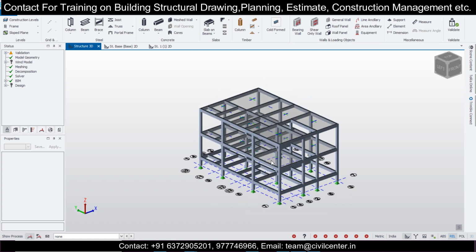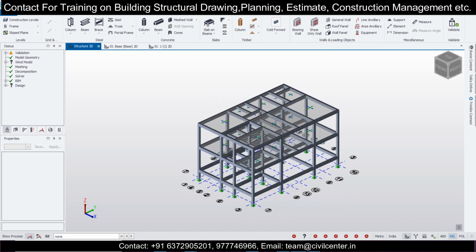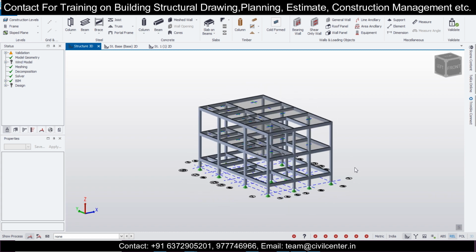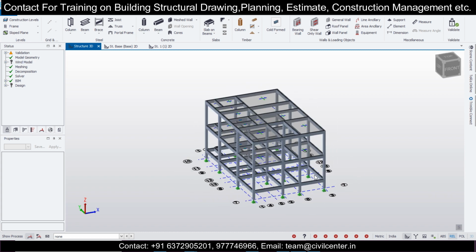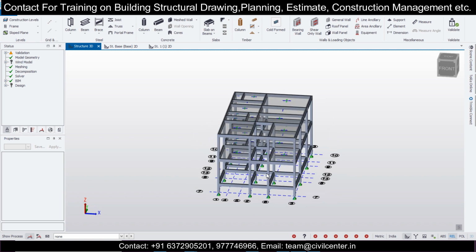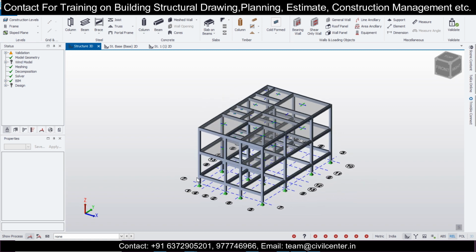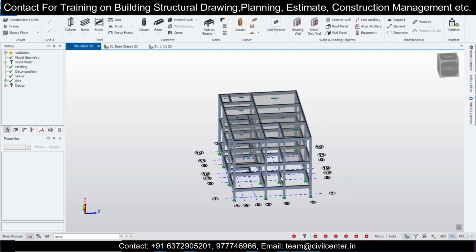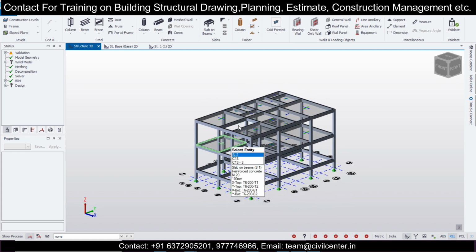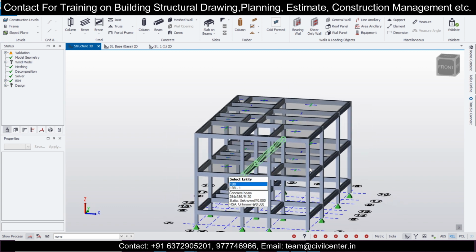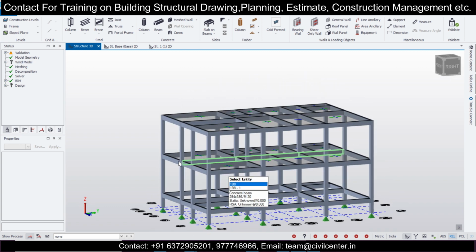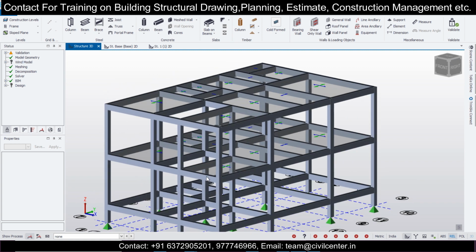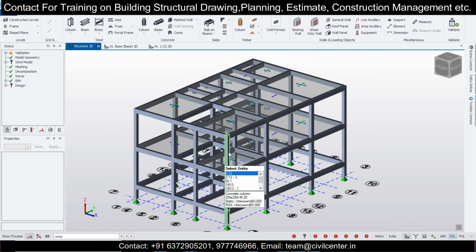So once this is done, we have achieved a process of creating an error-free model in Tekla Structural Designer, and we have covered the things in depth as much as possible. One thing you can add here is the beams for the headroom level, but generally beams of the headroom level don't have any load, so there is no issue anyway. But if you want to do that, you can also do that. Let me show you here.